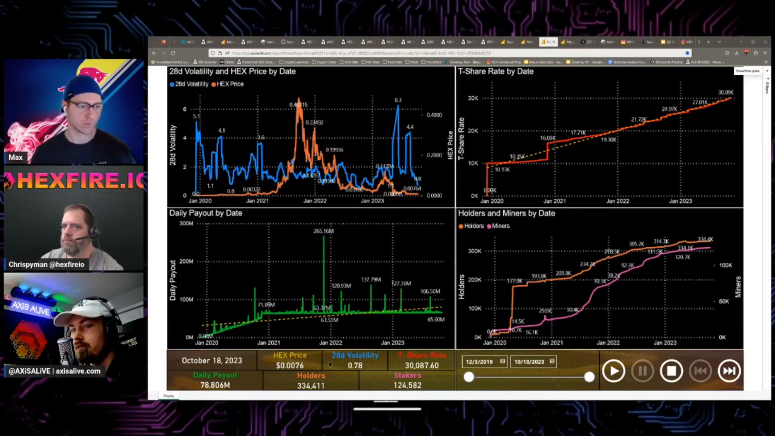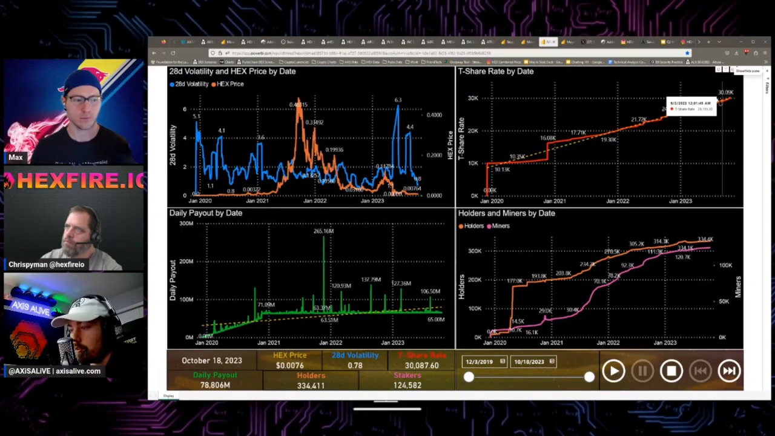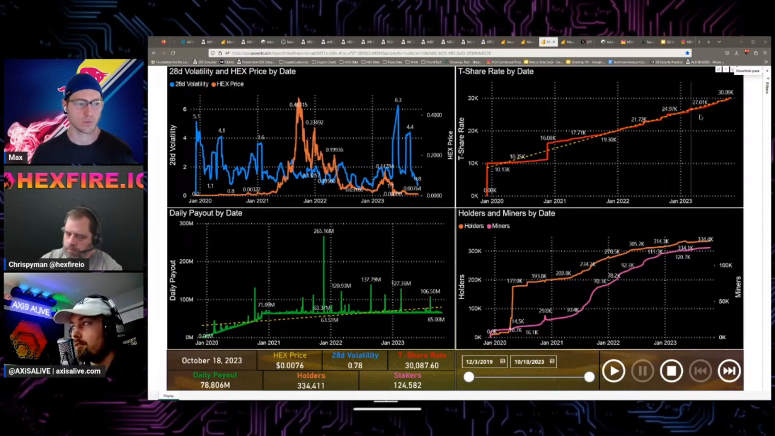So the price of HEX on PulseChain, the 28-day volatility rating, the T-share rate, the holder count, the staker count, the daily payout. It's all of the metrics you need to understand a 360-degree view of the HEX contract. So if volatility increases, it means big players are making a splash in either direction. If you're seeing a big injection here on the T-share rate pumping up big, and in addition to that, the estimated share rate that you can branch off and see the future rate increases, you'd be able